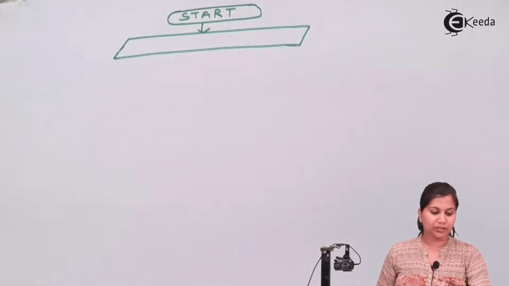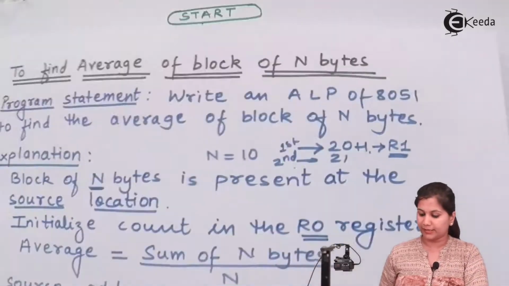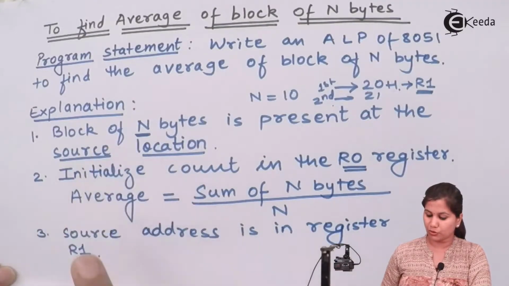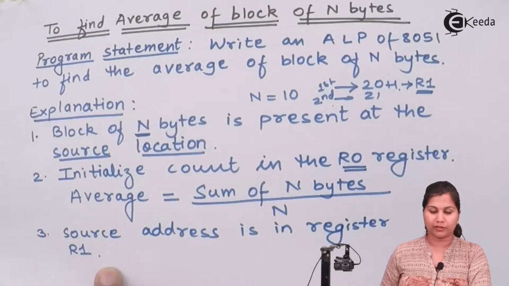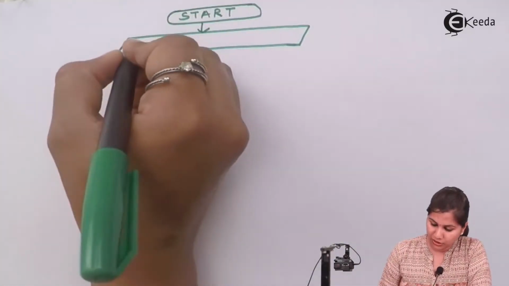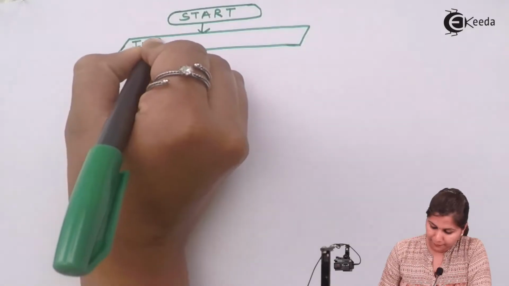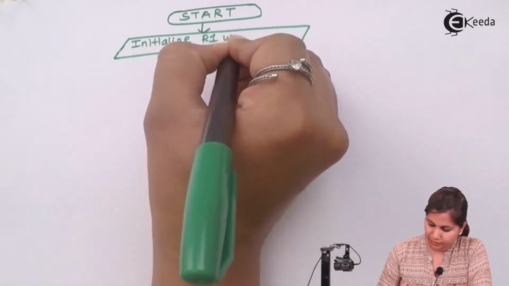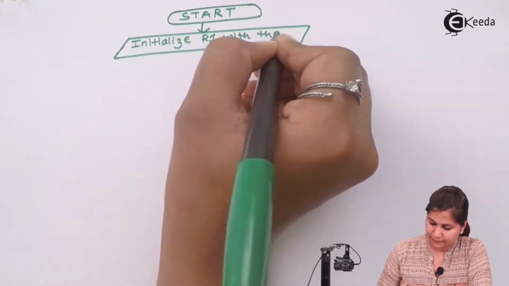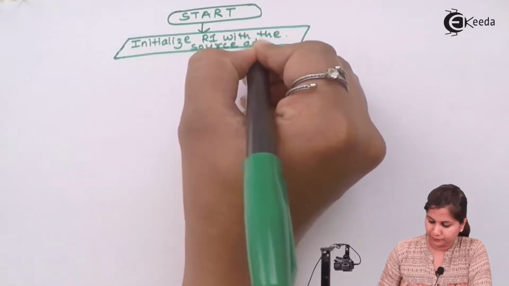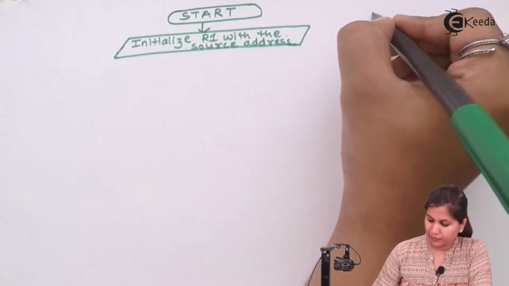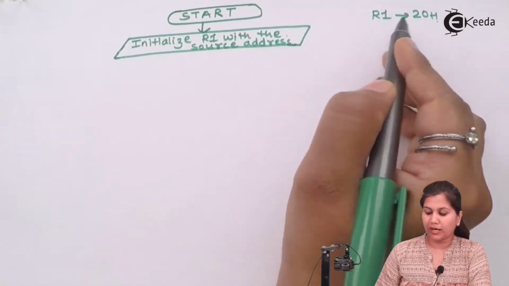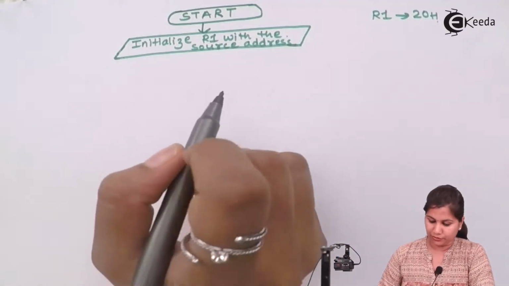in the explanation, I have said that the n bytes are present at the source location, and this source location is in register R1. So the first step is to initialize R1 with the source address. Suppose that the numbers are stored from the 20H memory location. So in R1 we have the number 20H. After that,